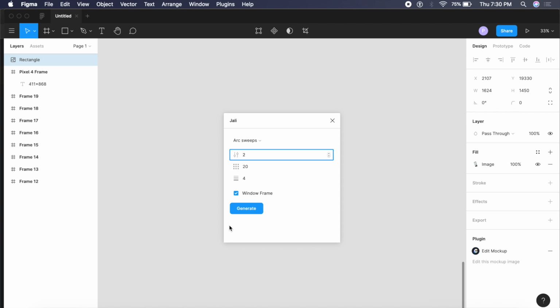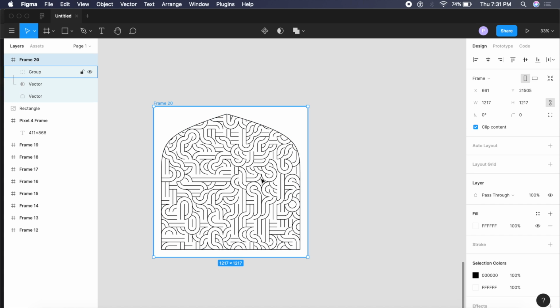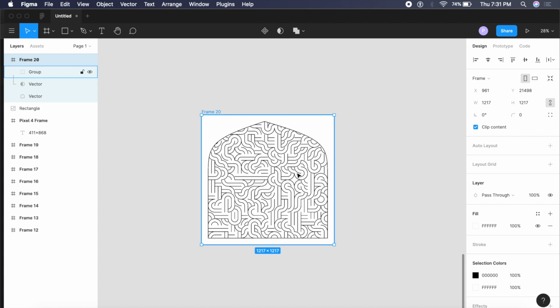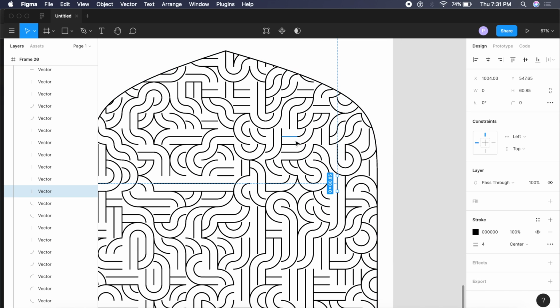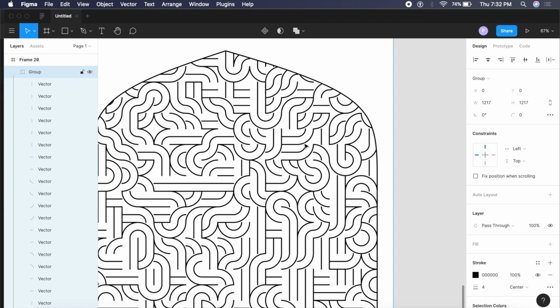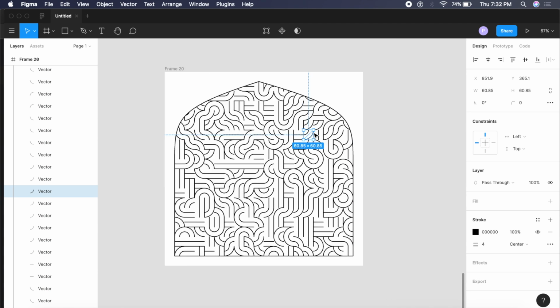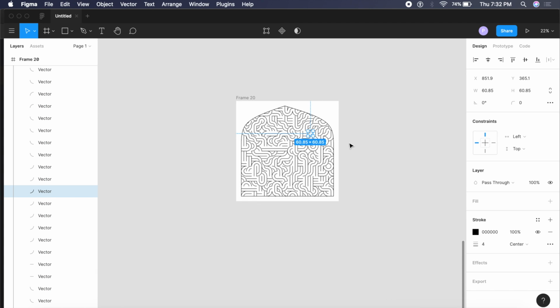So the next plugin is very irrelevant. It's not super useful, but I really like it. It's by an Indian developer, so the name is in Hindi. It's called Jali. And basically what it does is allows you to create these cool patterns which are called Jali in Hindi. And as you can see, it basically has applied this cool Jali, which is just a pattern and nothing else. And the best part is this pattern is basically just a number of vectors collapsed into one. So you can basically edit it as much as you want, change colors and do whatever you like with it.